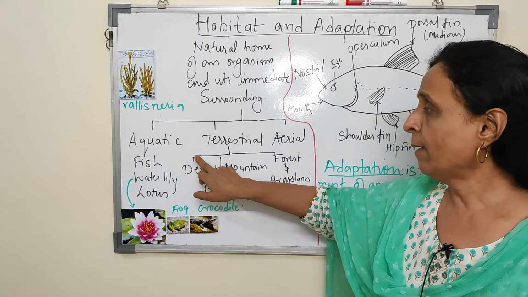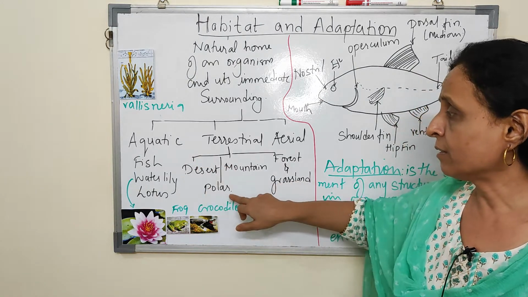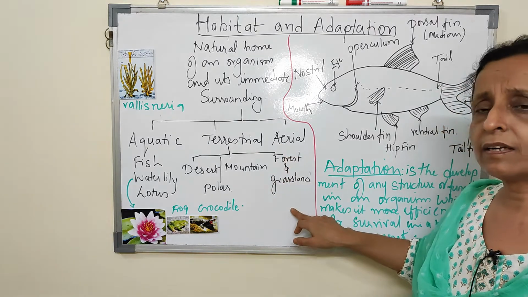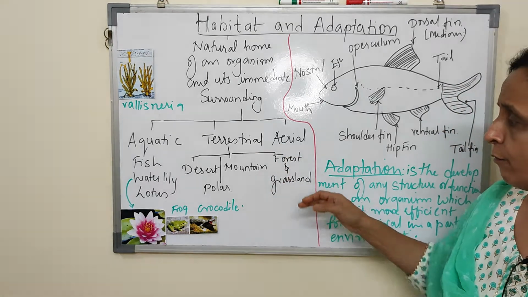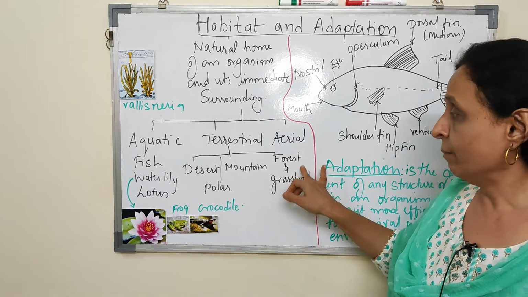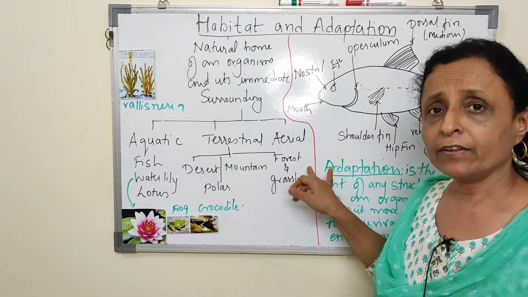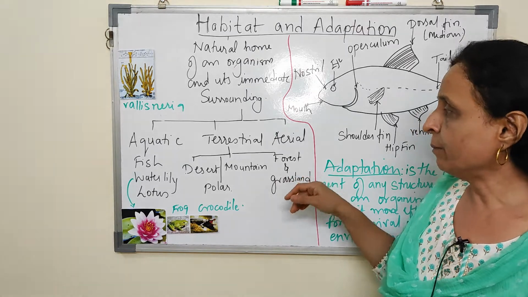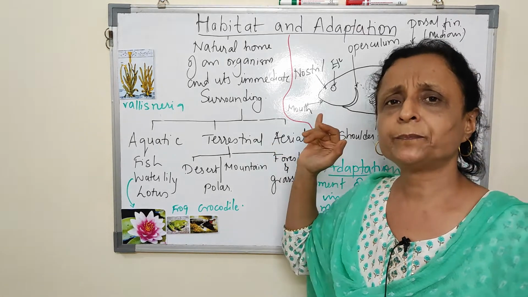We'll see further, but here they can be from desert, polar region, very cold region, mountain region, forest and grassland. There will be an ample amount of water. Therefore there will be forest and grassland, and therefore the adaptation of the animals, plants and animals, will be different. Then the aerial,